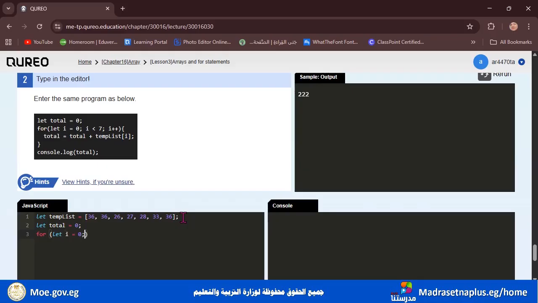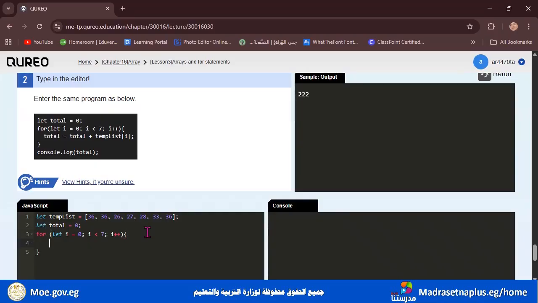And we have a semicolon, and i is less than 7, and we have a semicolon, and we have i plus plus. So this is the updating of the repetitive process. And after we ended, we open the curly brackets and click enter.